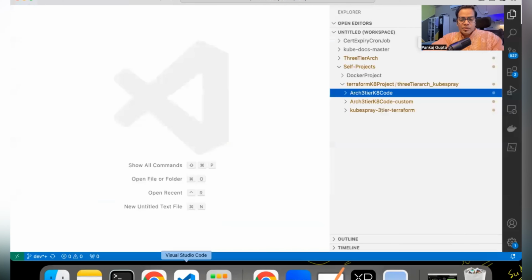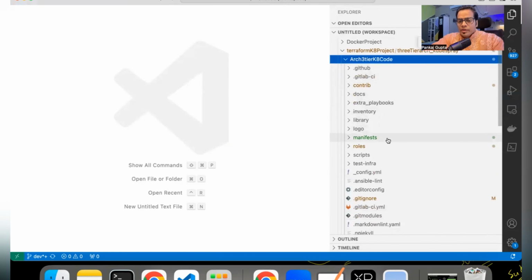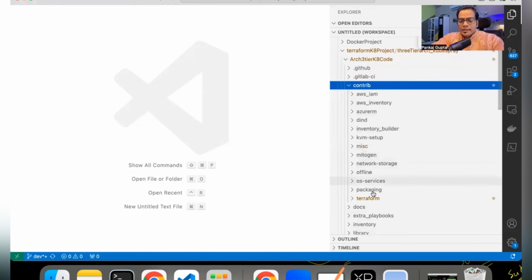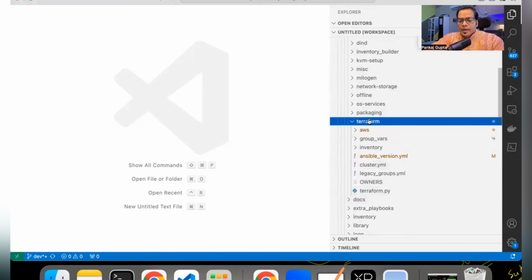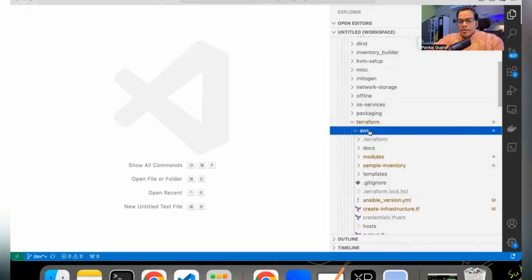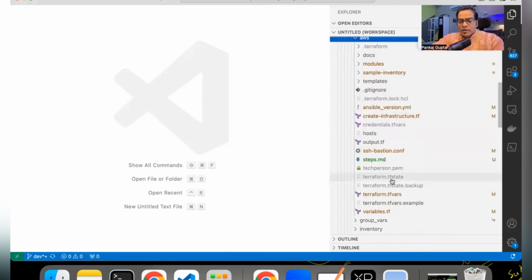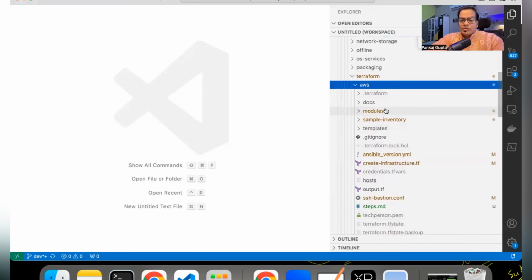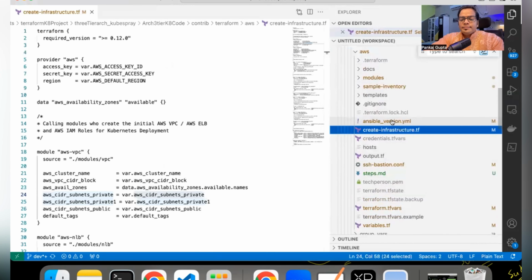For creating the user, you have to import this to some code studio and go to this contrib, and then Terraform, and then the AWS directory. This is where I have this code written, which is actually from the release of Kubespray. Okay. I have modified this code